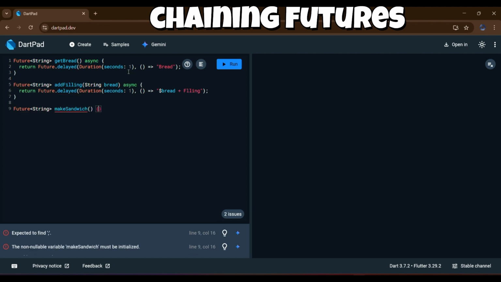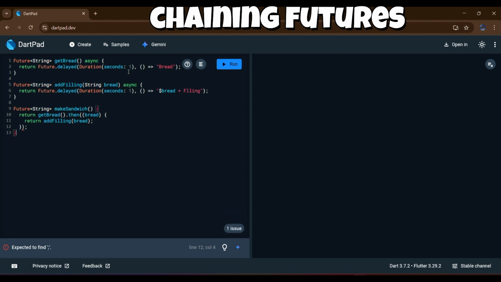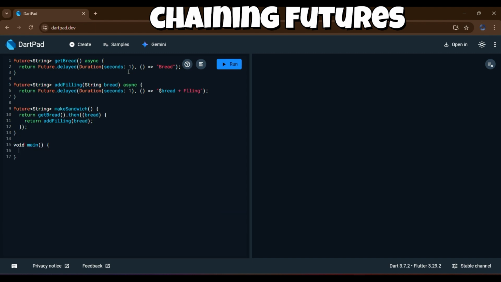Now, to make the full sandwich, we call the bread fetching function first. When it's done, we pass the result, the bread, into the next function to add the filling. This is where we use the then method to chain the futures, so one task starts only after the previous